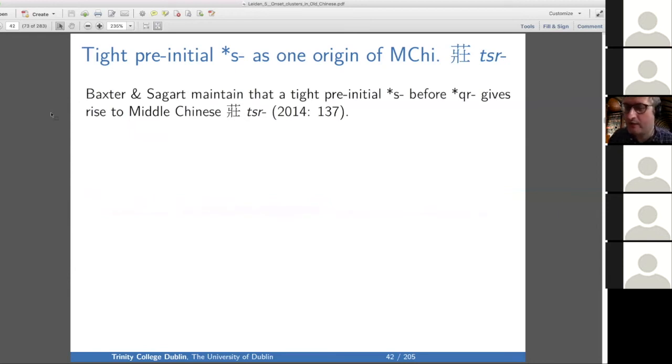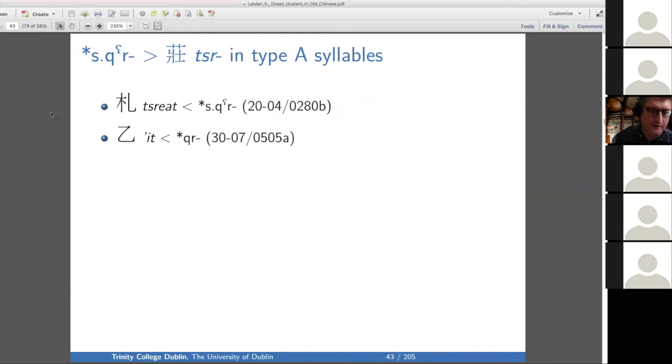Okay, and now tight pre-initial S as one of the origins of tsara. So Baxter and Sagart maintained that a tight pre-initial S before QR gave rise to tsara. And here's evidence for that. So we have a glottal initial, which might come from a uvular, and we have contact with a tsara. So let's say this is the kind of problem that motivates them